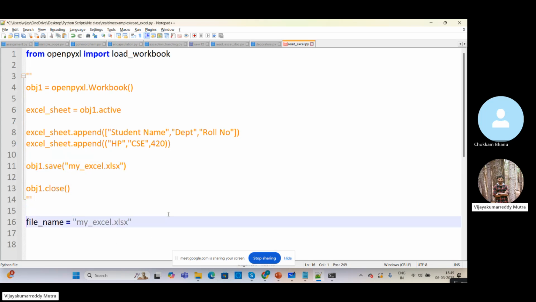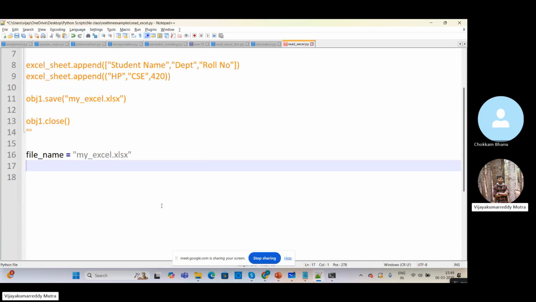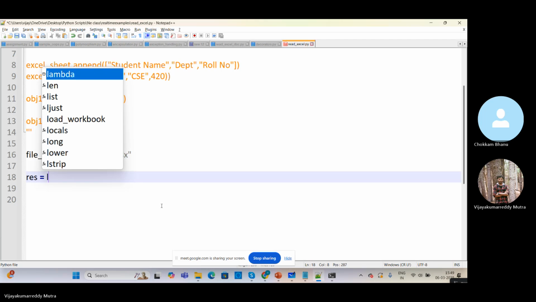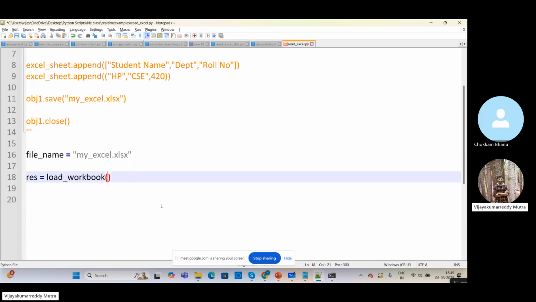Now in the next line, we need to load this into the load function, right? For that, first we have to create an object, a result equals load workbook of. Inside load workbook, you need to pass the file name. So what is the file name here? This one. Instead of typing it, I'm just using this variable name. The function name itself tells us it loads the workbook. Now once we have created the object,